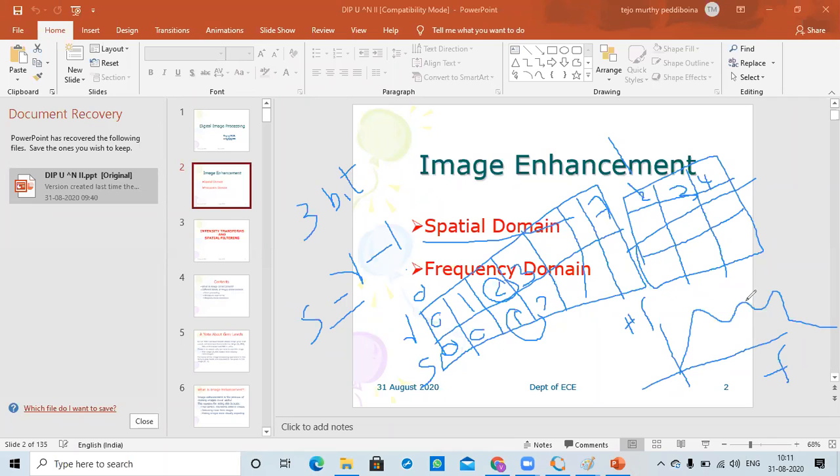For example, I want to eliminate certain frequencies. I will eliminate those frequencies and pass this information to a filter which is capable of passing only one particular information. Then again I will convert that back to the spatial domain. So that is the operation, similar to your previous case.